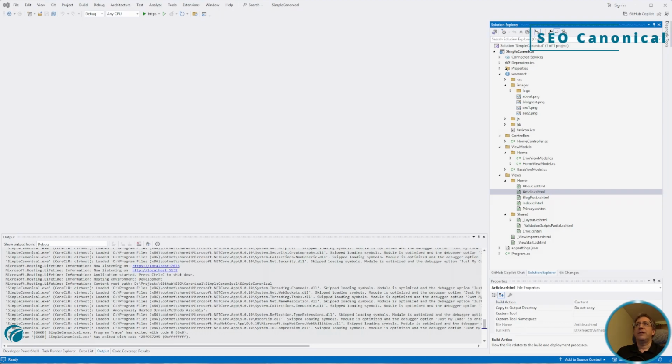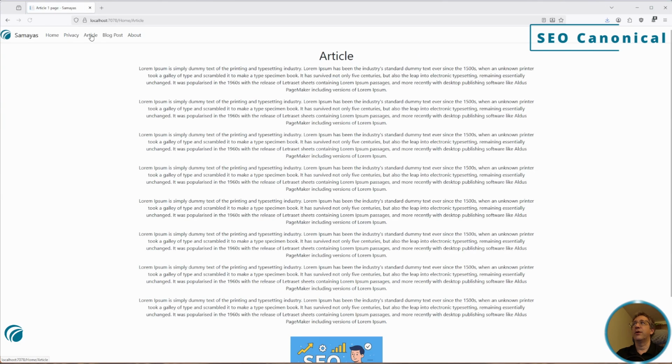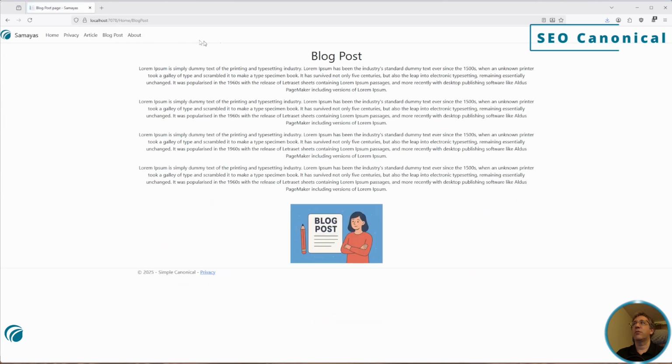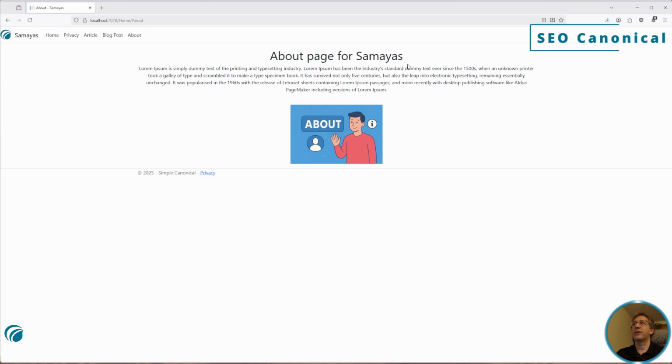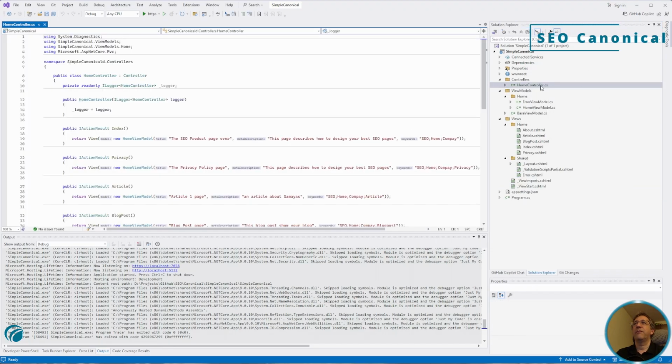So as you can see, I've created a very simple ASP.NET MVC application called Simple Canonical. Let's first have a run and let's see what's modified. I've added some logo, I added my company name, I still have my home and my privacy. And next to that, I added 3 new pages, an article page, a blog post page, and an about page. Very simple. Now under my wwwroot, I added some dummy images,